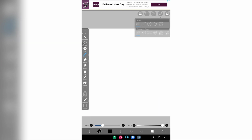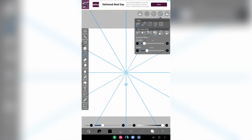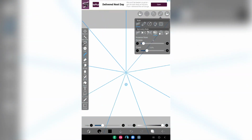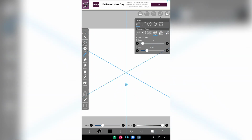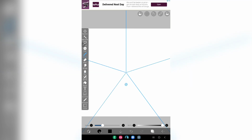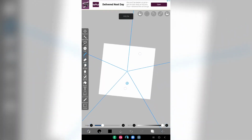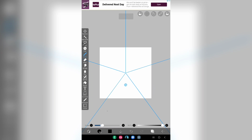So what I wanted to do is actually just do a pattern. Now with this particular one, you would click onto that top. Now you would need, I don't know what they're called, but I'm literally just taking this down so you can then repeat. So you're not doing it all in one go. So when you literally draw in one of these sections, it's going to repeat it in all the other sections. So it's kind of like a symmetry thing, but I just didn't want to do it completely down the middle. I wanted to do kind of like a flowery type